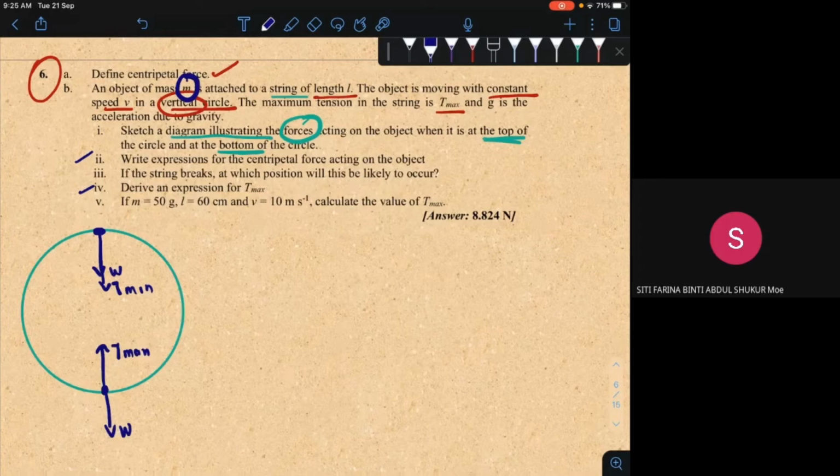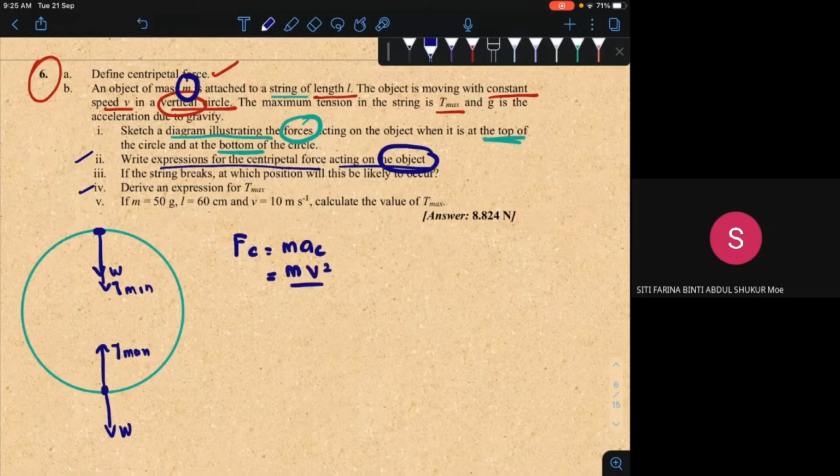Dia kata second question adalah write the expression for the centripetal force acting on the object. Okay, ini baru dia minta FC acting on the object. Okay, FC dekat sini basic lah, FC akan sama dengan MAC. Tapi dia kata specific acting on the object, so kita kembangkan sikit, MAC dekat sini akan jadi V square over